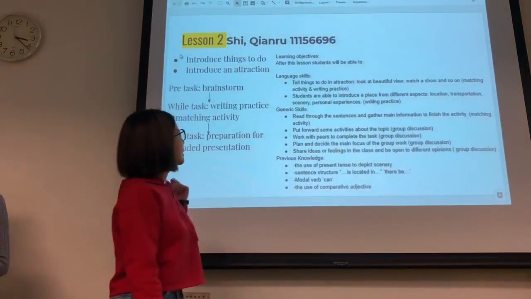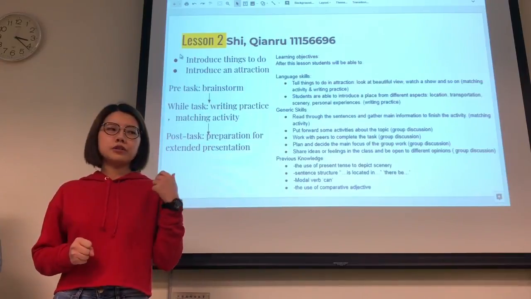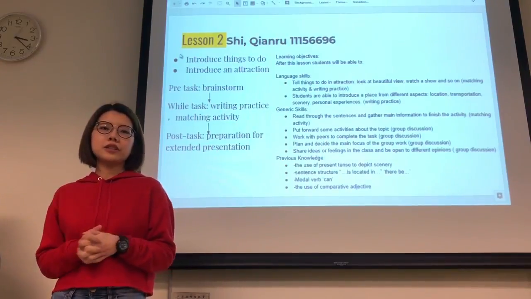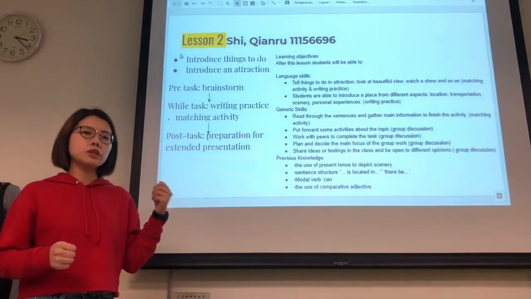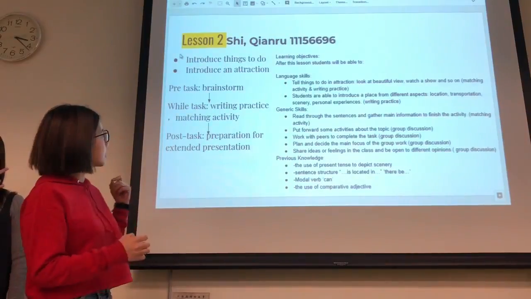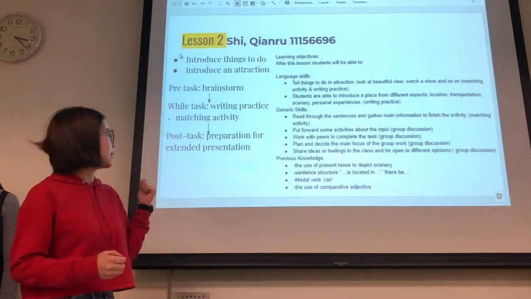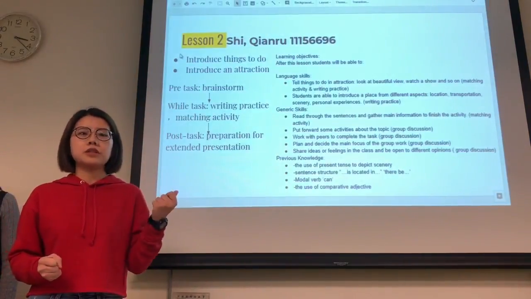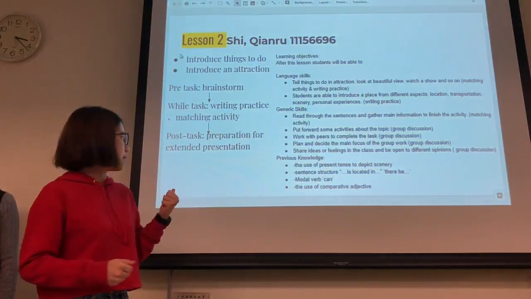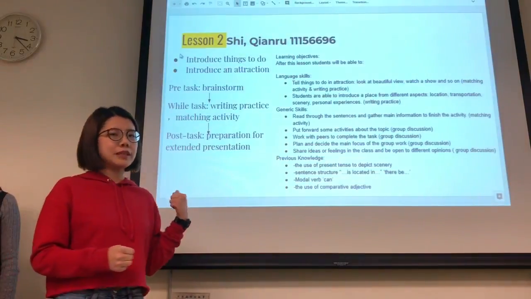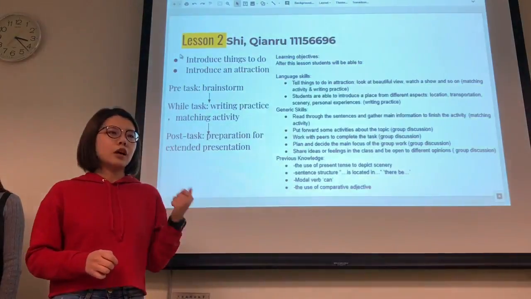Hi, I'm Sharon and I designed lesson 2, and the aim of lesson 2 is to teach students some short phrases about the activities in the attraction, like watching a show or taking pictures. And they also need to learn what should be included while introducing an attraction. As for the teaching flow, the lesson will begin with a pre-task brainstorm to activate the background knowledge of the students. Then in the while-task, the students would learn from the activities. Then finally, an extended presentation will be included in the lesson to create an opportunity for students to talk in a